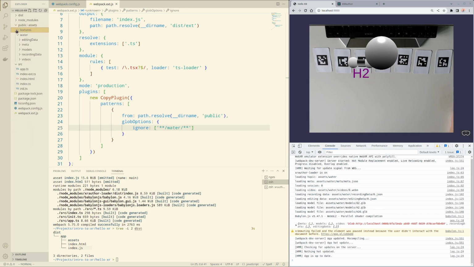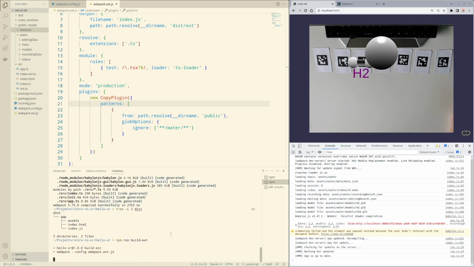So this is the kind of configuration we need. Copy everything except the assets that are from the XRAuthor itself. All right. So if we try to build the extension from